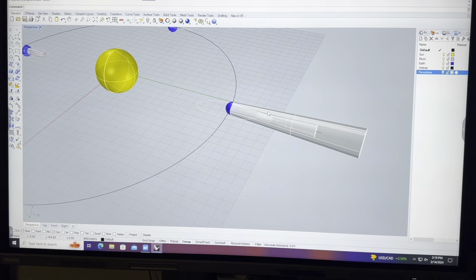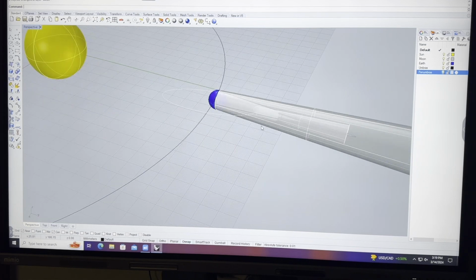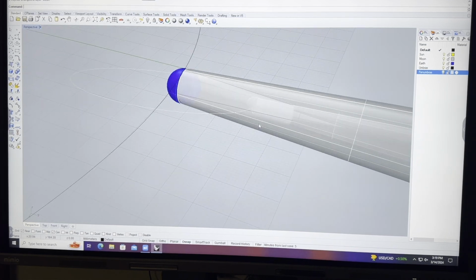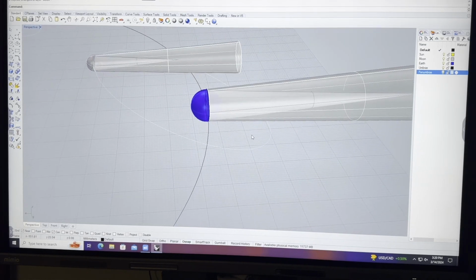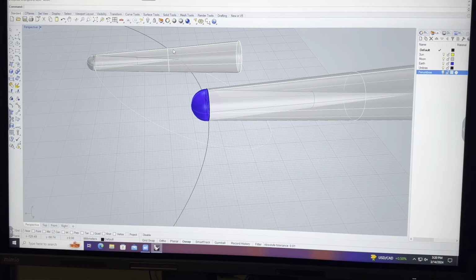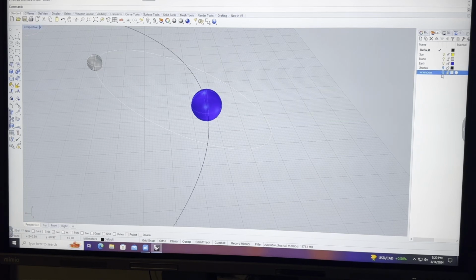Now, let's zoom in a little bit. And you'll see, let me zoom into one of the other ones. These gray cones are representing the shadows coming off of the moon and also off of the Earth. So let me turn off the shadows for a moment. Okay, so with the sunlight shining on the moon and also on the Earth, what you'll see here are shadows